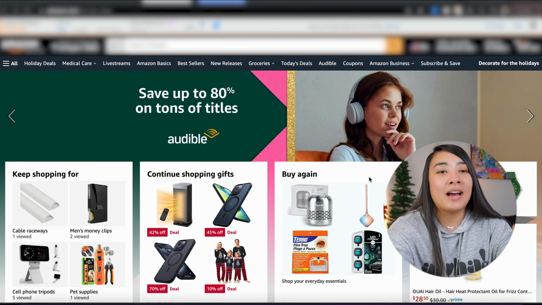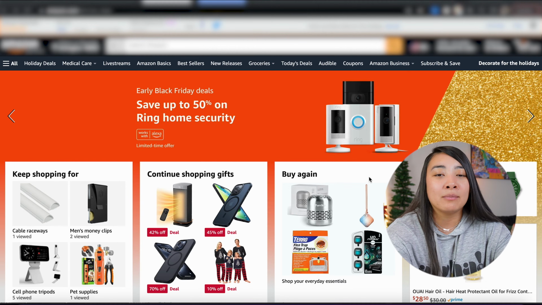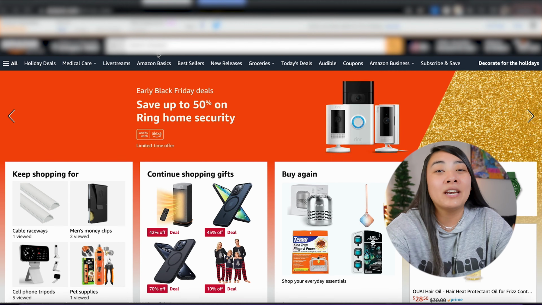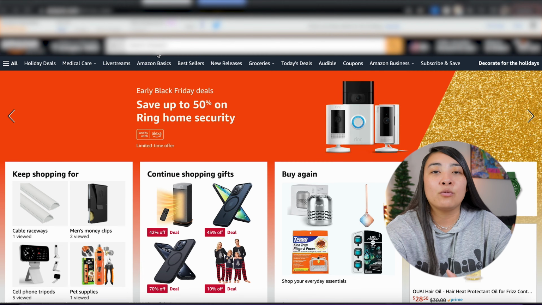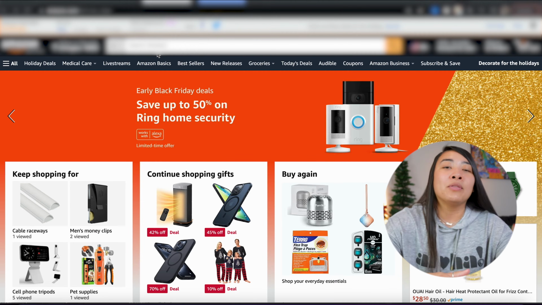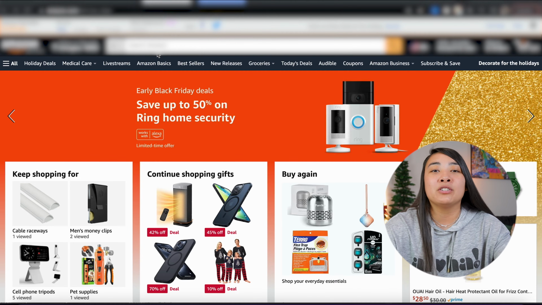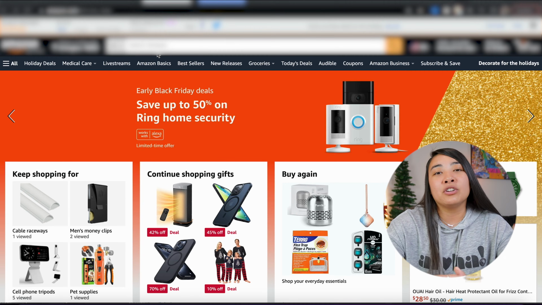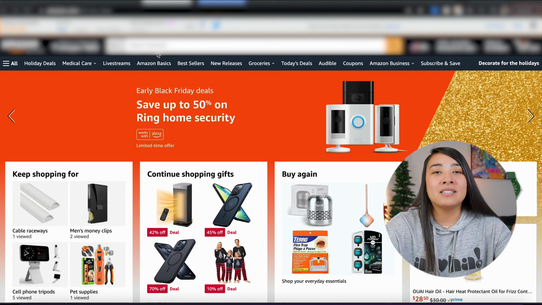So the first way, I just simply head over to Amazon.com, and there's so many resources right here on Amazon that you can utilize for your product research. Now, the one thing that I do want to point out is product research does take a little bit of time. So dedicating a little bit of time each and every day to looking for products, to clicking on product pages, to seeing how many videos and seeing if you can review this product, that's what you're gonna need to do. You're gonna wanna spend the time because the more time you put into it, the more products you're gonna